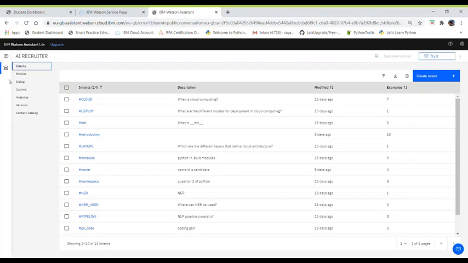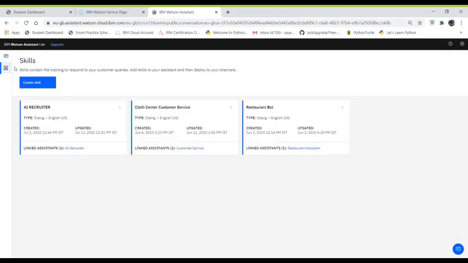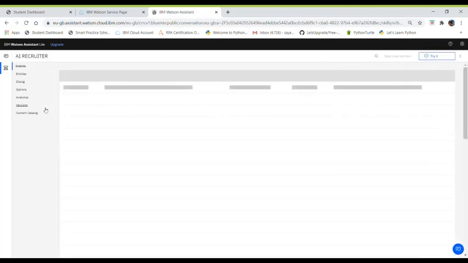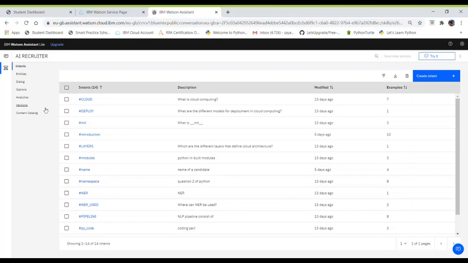See, there are two tabs here. One tab is the Assistant tab and another is the Skill tab. By clicking on the Skill tab, these are my projects. By clicking on the AI Recruiter, we are going into the Watson Assistant AI Recruiter page.